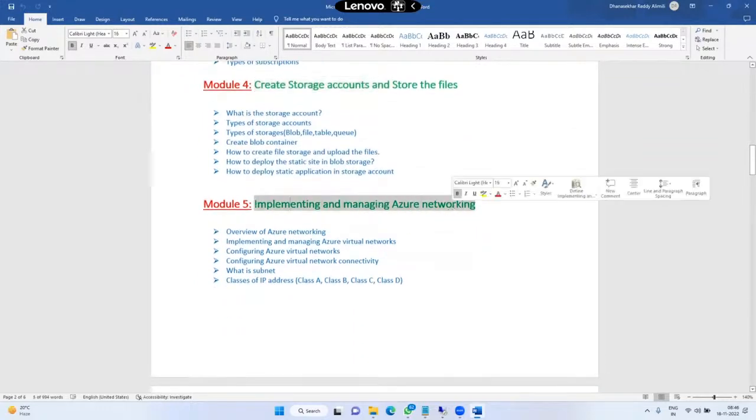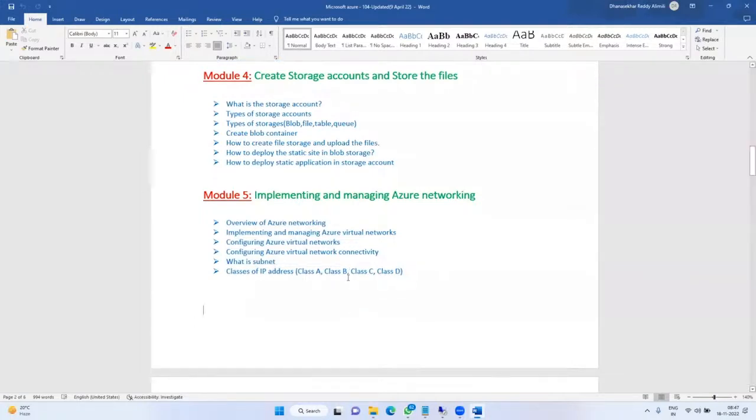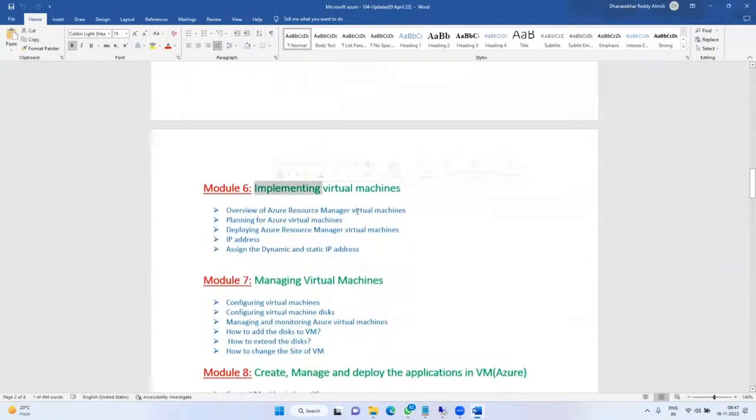Next, this is the networking. What is networking? Networking is Azure Private Network. How to create the VPN, how to install and deploy the VPN, all that we will see in module 5.